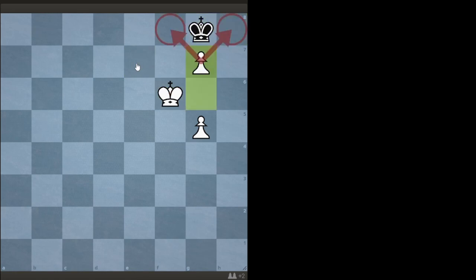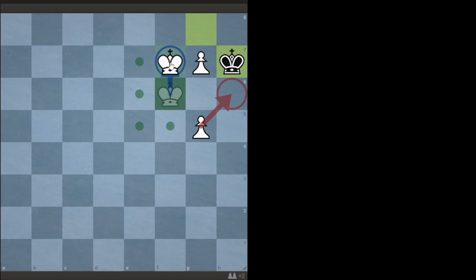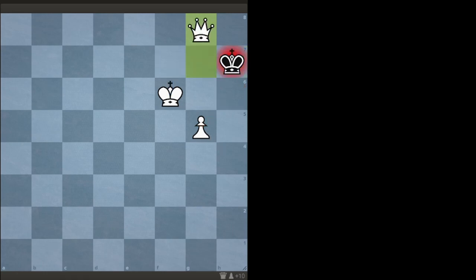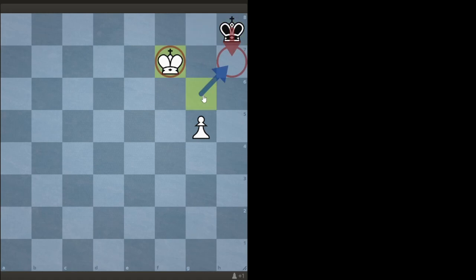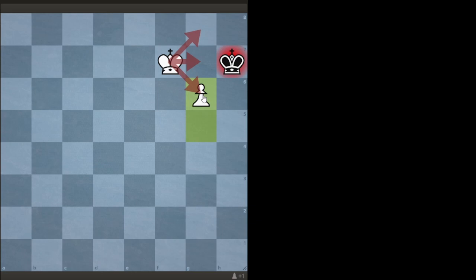After that, we push the pawn onto the 7th rank without check. If the king leaves the promoting square, again, we need to be careful, because if we go with the king to f7, then the king is unable to move anywhere because of the g5 pawn, therefore it would result in a stalemate. Therefore, at this moment, we are just making this move after king h7, making the sacrifice. After the king captures, we are just having the opposition. With the opposition, we are getting into the Stairway to Heaven way easier. And now at this moment, the king must go to h7, and now we are having Stairway to Heaven,